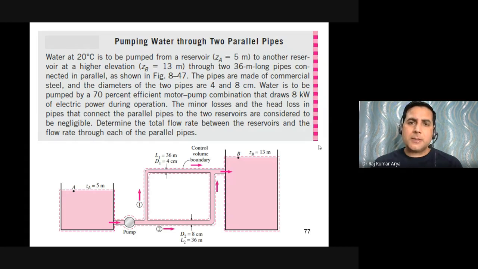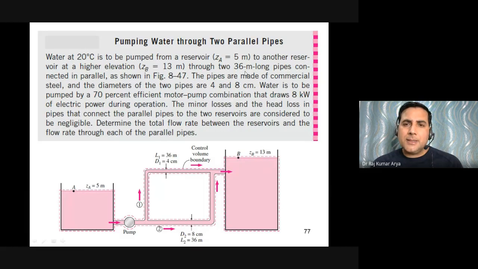So no matter, we can solve this also. So what you have here is a reservoir at a point A where water is filled. This water is at 20 degrees C and is to be pumped from a reservoir where ZA is equal to 5 meter depth, to another reservoir at a higher elevation where ZB is equal to 13 meter,